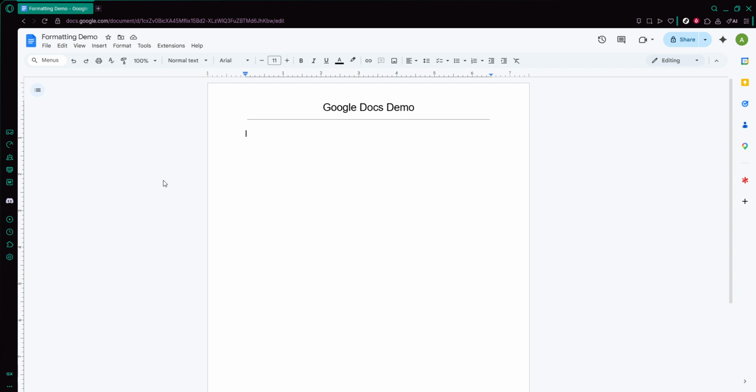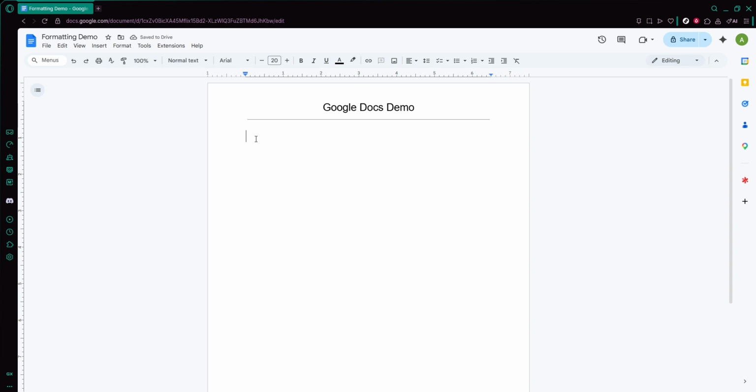Let's get started right from the beginning so you can follow along step by step. First, open Google Docs. You can either create a brand new document or open an existing one. It doesn't matter which, because the substitutions you set up will work across all your documents in your Google account. If you're not already signed in, go ahead and log into your Google account, then navigate to Google Docs and